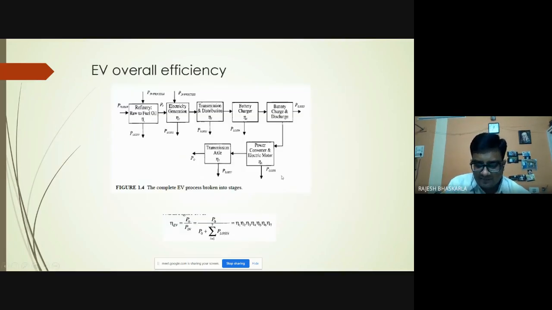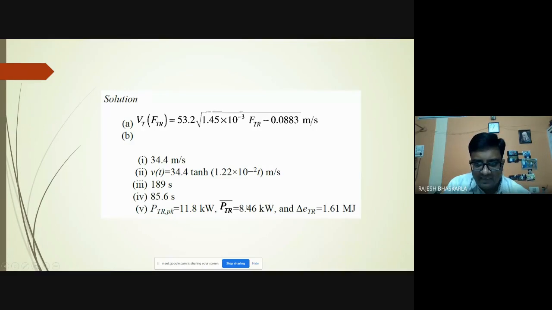From this, you can say the battery power must be around 9 kilowatt. This is the peak value of power required, so you must say that at least a battery of 12 kilowatt is required here. And energy is 1.61 megajoules. From this also you can estimate what the battery capacity must be. That we'll discuss in the next unit. In the second unit, you'll learn how to estimate the battery capacity based on these parameters and specifications, and how to design the battery and its battery management system.